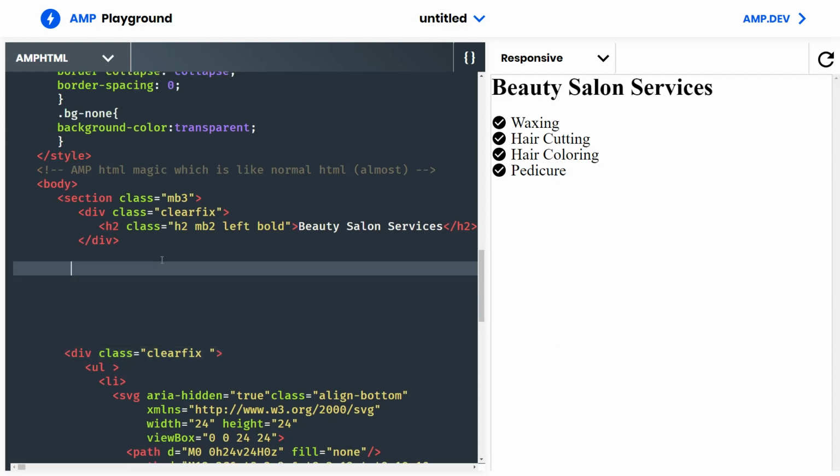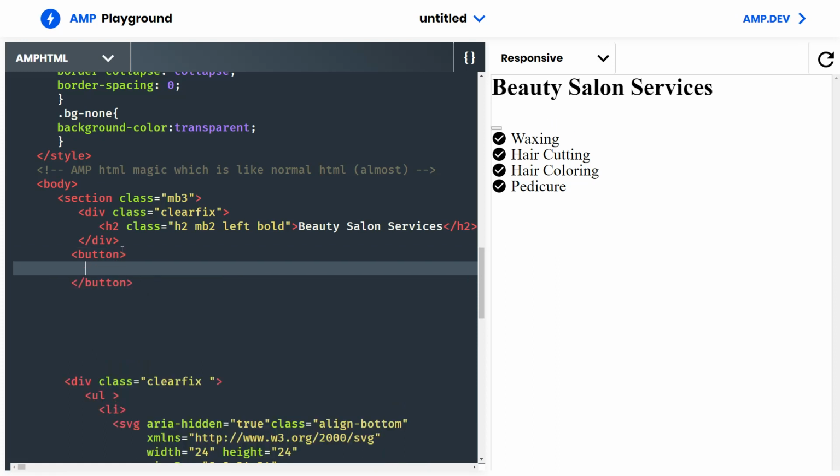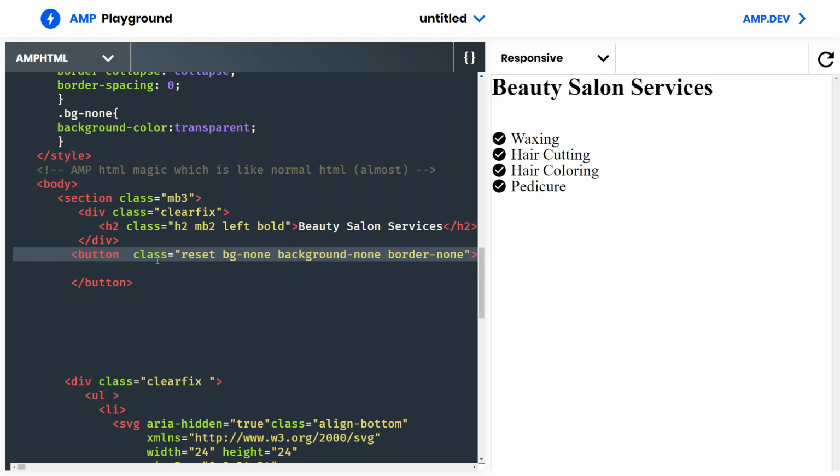Right here we want first of all to include the button, and to do that we're going to be coding a normal button, and I'm quickly going to add some classes from Basscss. All right, classes added. These classes are only for cosmetic purposes. I just want to make the button look more like a button. And now that we have our classes, we want to add the icon. So I'm going to fetch the icon from Material Icons.